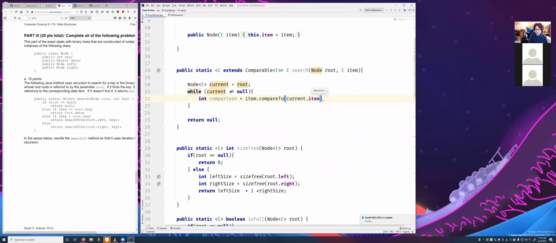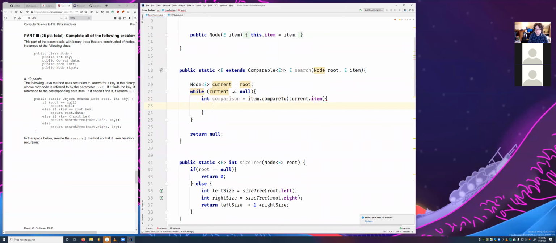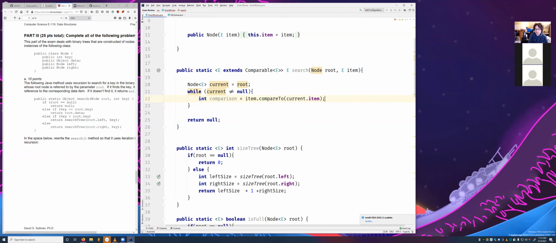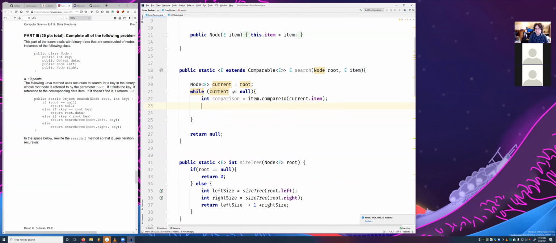So if what I am looking for is the item at the current node, then that's great. So if comparison equals 0,